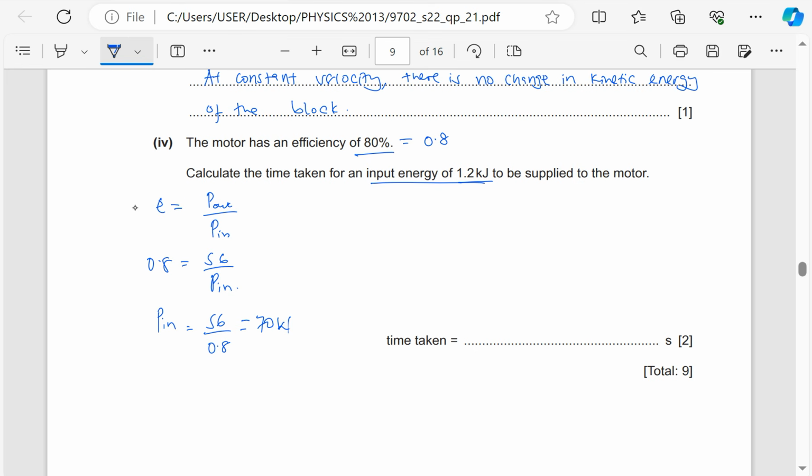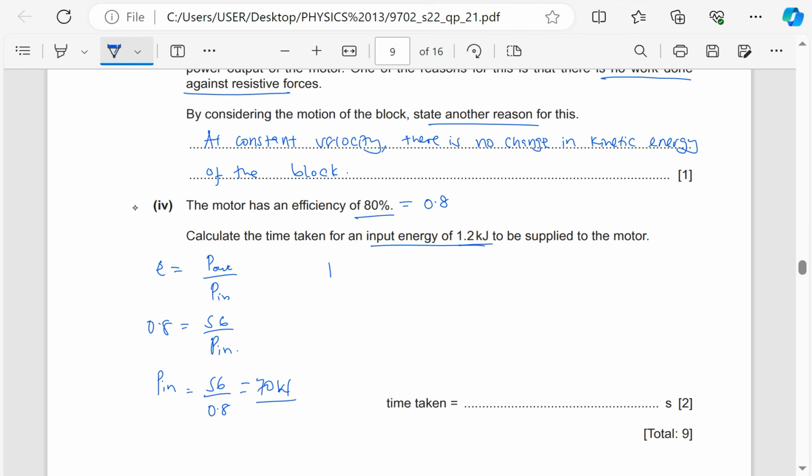Now we have the energy input as 1.2 kilojoules. The power input was 70 watts. Of course, we also know that power is the rate of transfer of energy. So power is equal to energy over time, which means the power input is equal to the energy input divided